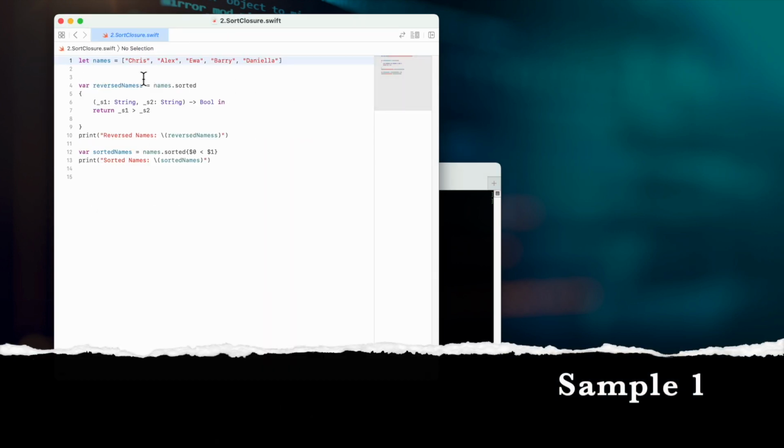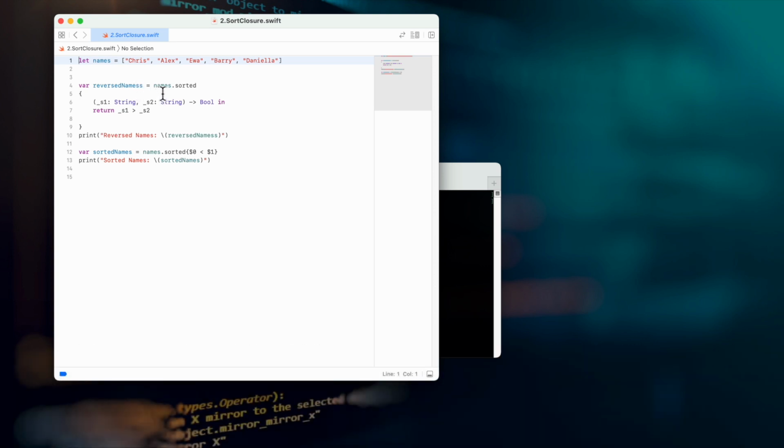A similar example here: you have an array of names and you want to have them sorted. So you can write a closure like this. Again, the same definition: name of the parameters, return type, followed by in, and then the statements. And then you can have this printed. If you see here, it is in reverse order. And if you want to have it in ascending sorted order, then you can have the same thing represented